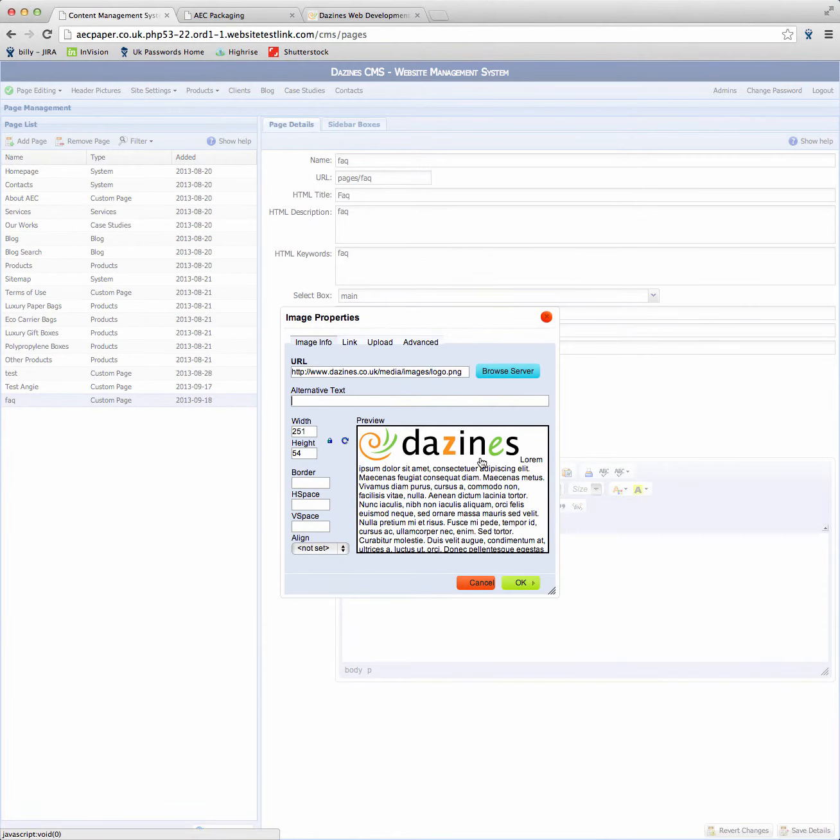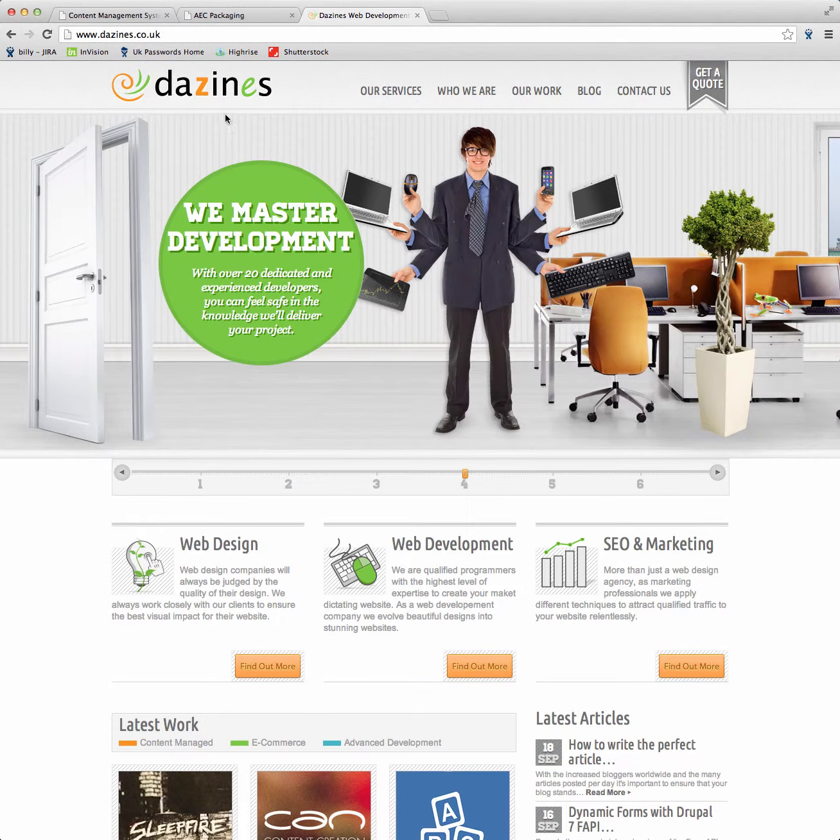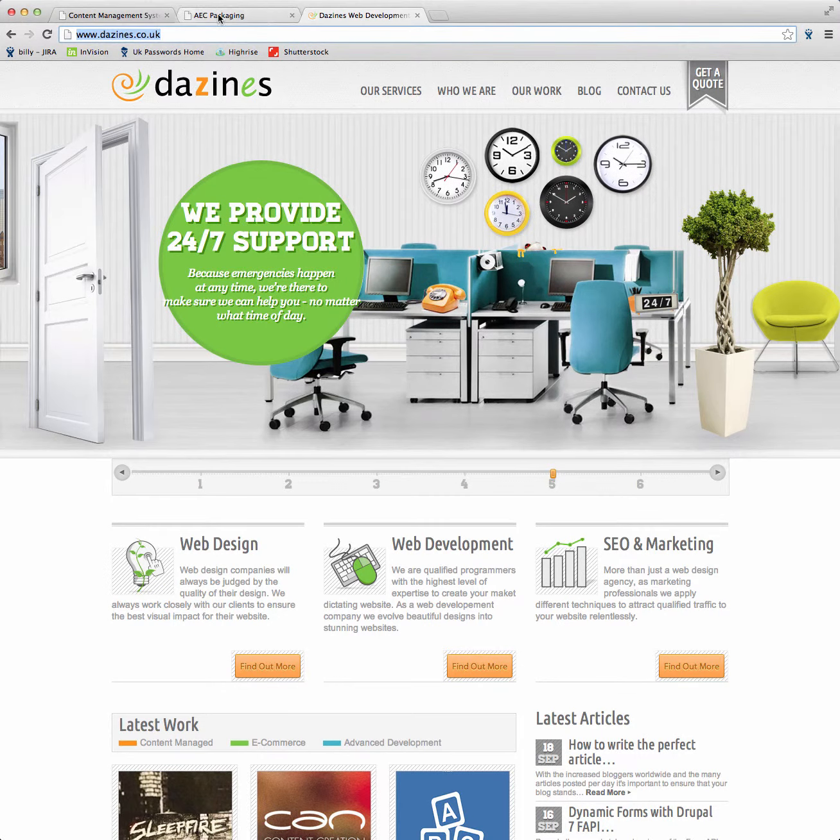As you can see, it's already displayed. If I want to add a link to the logo, basically when you click on the logo you're taken to another website or a part of the website, to another page, then I can paste it here, write it down. For example, if I want to add the Dazines homepage, I copy it,